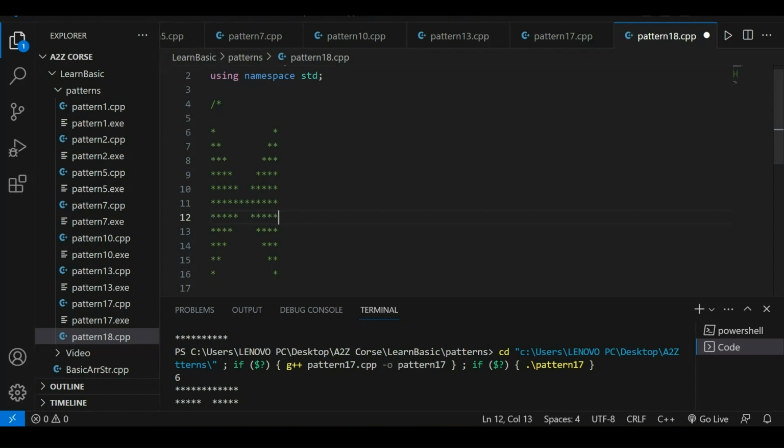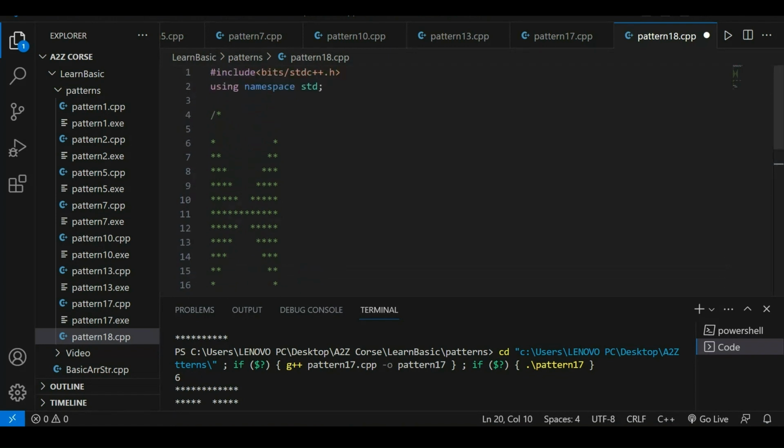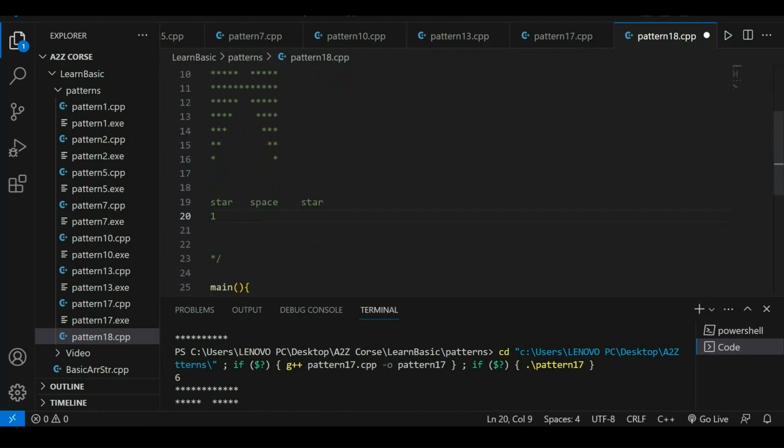So let's do it. Basically first of all you have to understand we have to print a star, then spaces, and then a star again. For star it's 1, then for star it's 1, and for spaces, if I say 1 2 3 4 5 6 7 8 9 10, so it's 10 here, and 1 here. There is 2, it's lesser than 2, so it's 8,